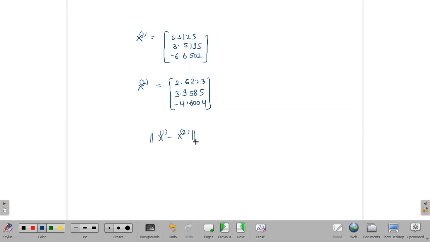So if you compare these two, x1 minus x2, don't forget to use norm here. So it is maximum norm. So iterate until you get 10 raised to minus 1. So there you stop. That will be your answer. Obviously, it is not a good approximation because we are iterating until this accuracy only. It is 0.1 accuracy. So this is your answer. Any doubt in this SOR method?